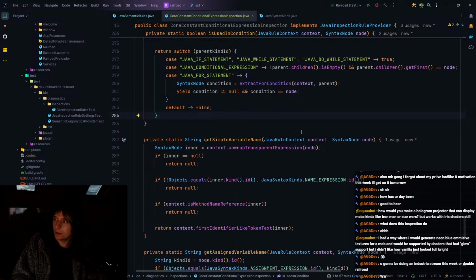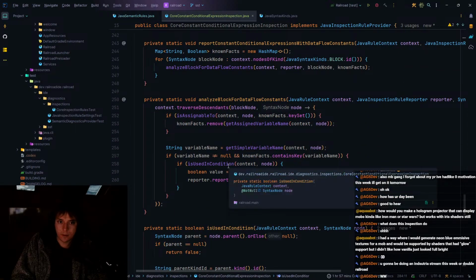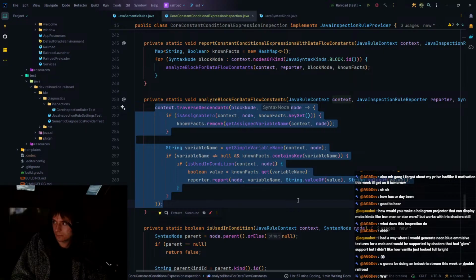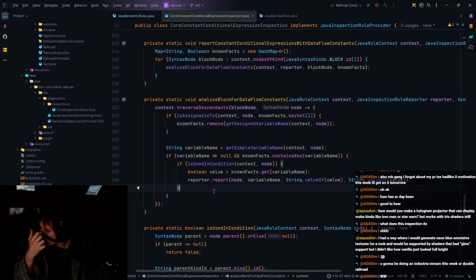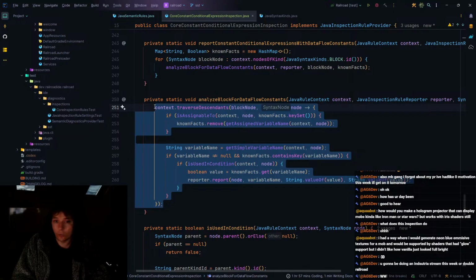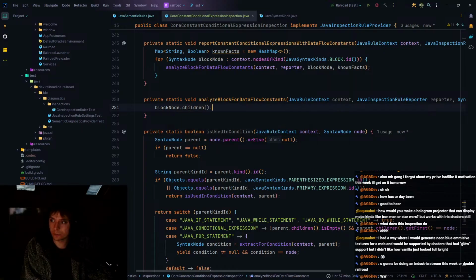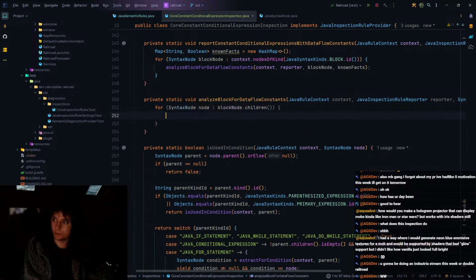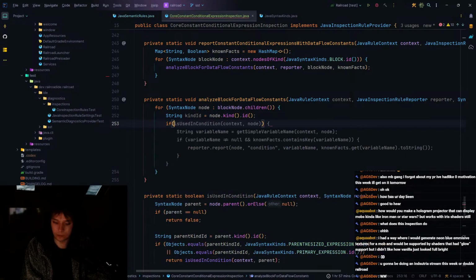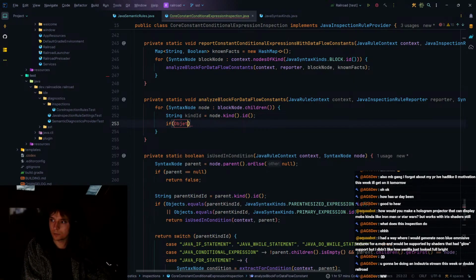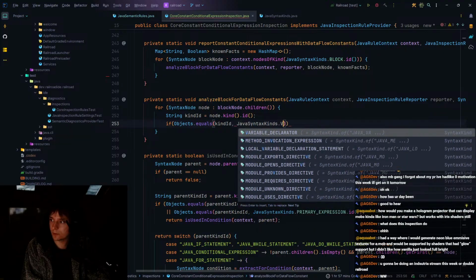I think that's fine. The only thing then is that we probably want to rewrite this, because I feel like we are doing something kind of unnecessary. Rather than traversing all the descendants, it'd be easier if we just do that when we need to do it, right? So like block node.children.for each node, get the kind ID, and then if it's a variable declarator, so object dot equals kind ID java syntax kind dot variable declarator dot ID,